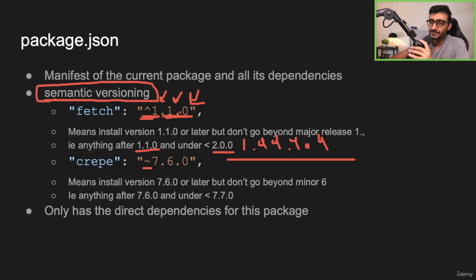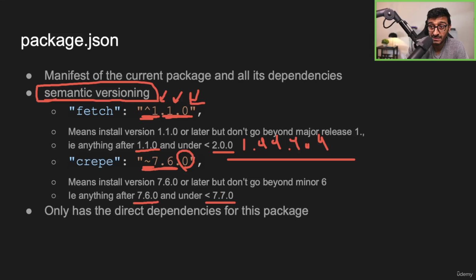That's fine. And similarly, if you use tilde, then you are a little bit more restricted. Tilde says these two should be fixed, only the patch can increase. So if I say tilde 7.6.0, it means from 7.6.0 up until, but never exceeding, 7.7.0.